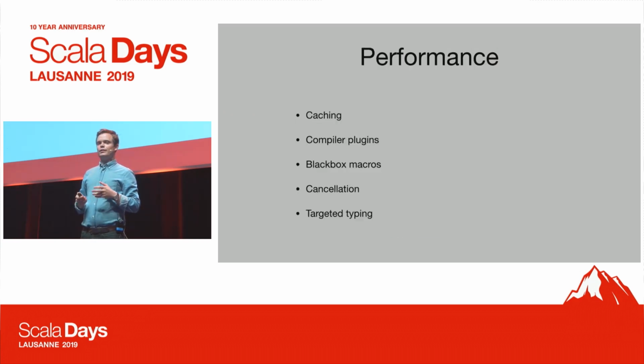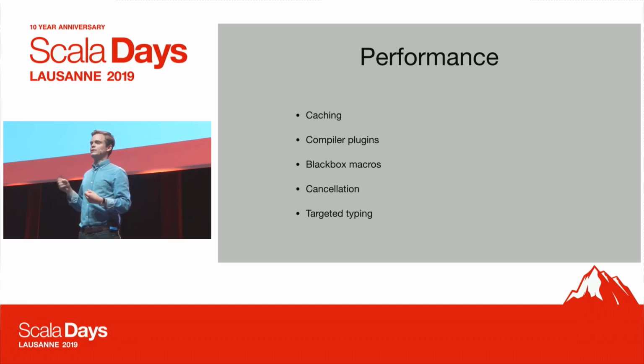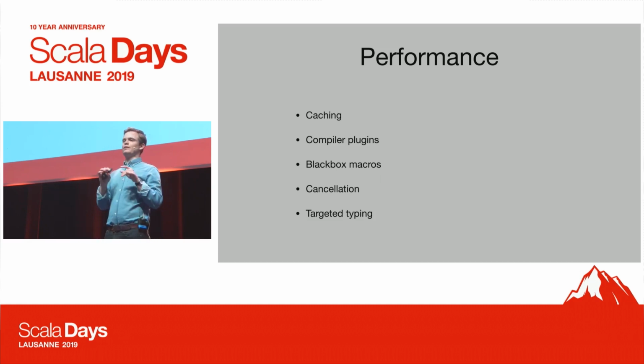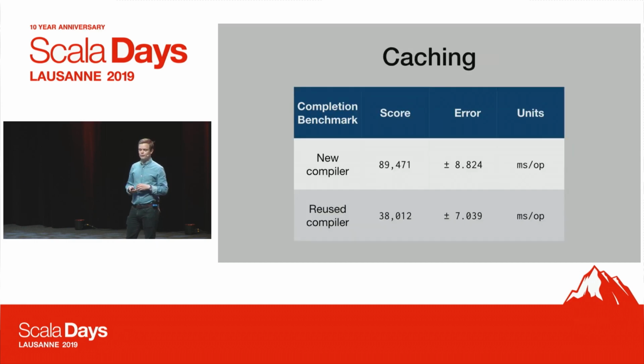So you've seen all of the features now, and there are more, but I think these were the ones that were most interesting. So a lot of customizations on the feature, adding more richness, but we also added a few customizations to try to squeeze out as much performance as we could, because it's latency sensitive. So as you're typing, you want to get the feedback as fast as possible. So these are, I would claim, the biggest contributors to having decent performance if you're going to do completion with the presentation compiler. And we'll go through each of them individually.